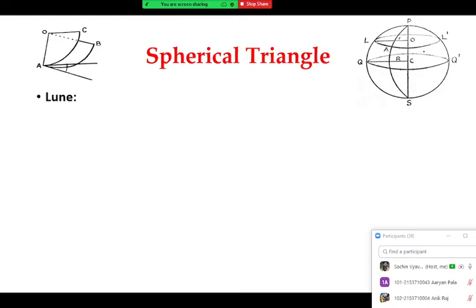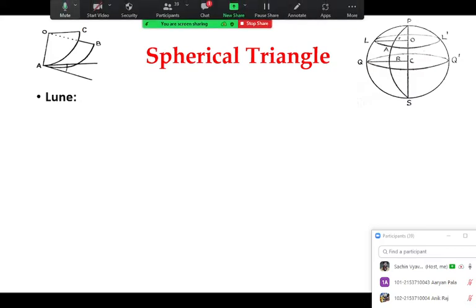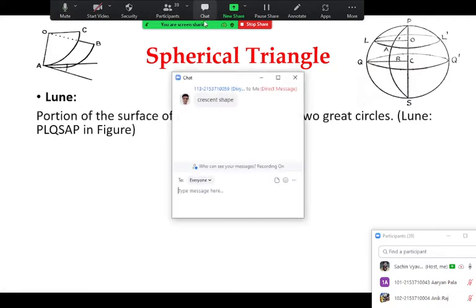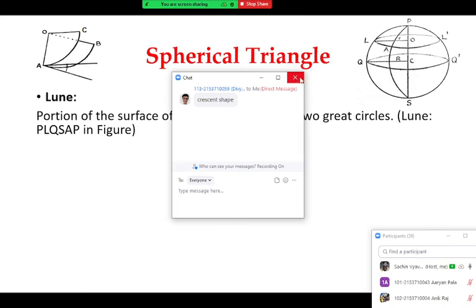So moon. Yes, moon, correct, good. It is generally related to the moon, we use it. But what is that lune then? Any guess there? Someone is on the chat. Already it is written now. Yes, crescent shape is the answer given.